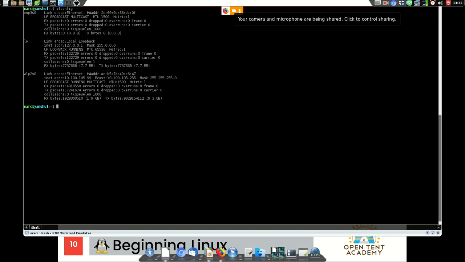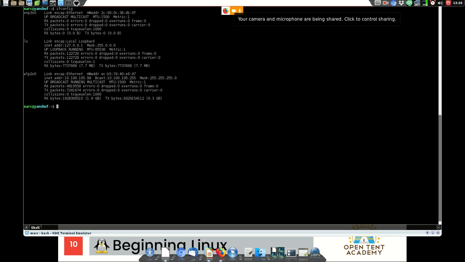So that's the first loopback interface. Okay, ENP3S0. Ubuntu is giving me some bizarre Ethernet configuration name.